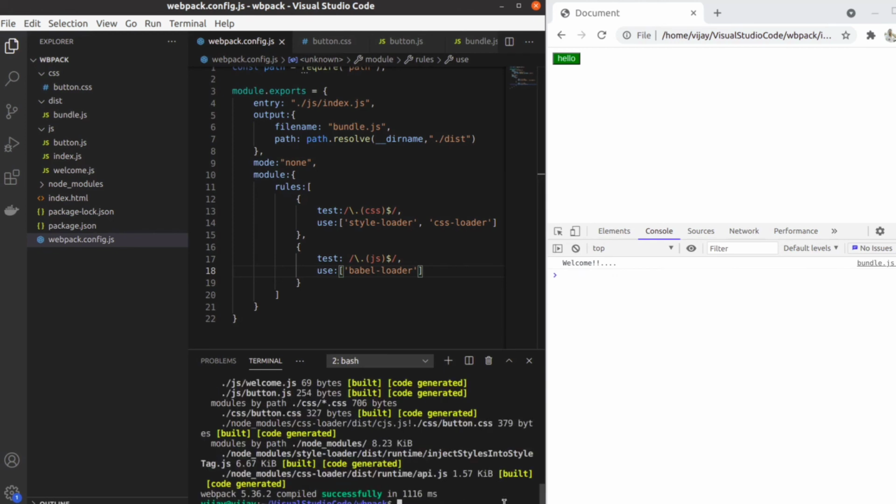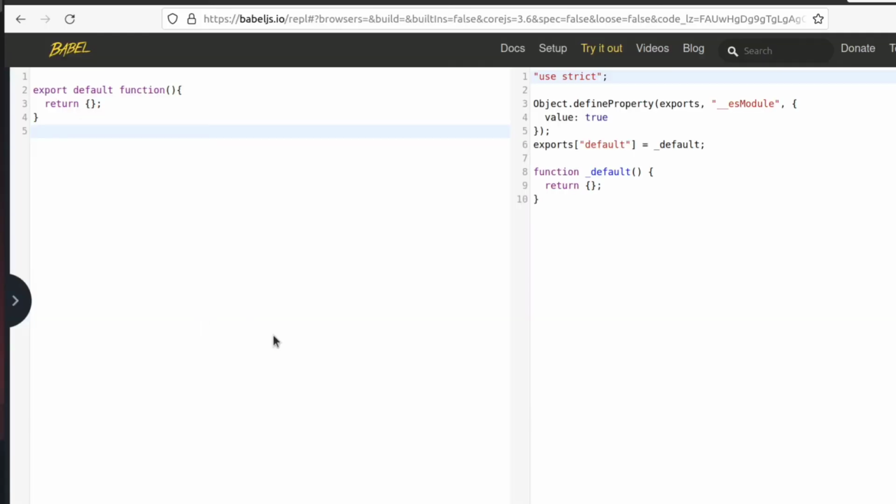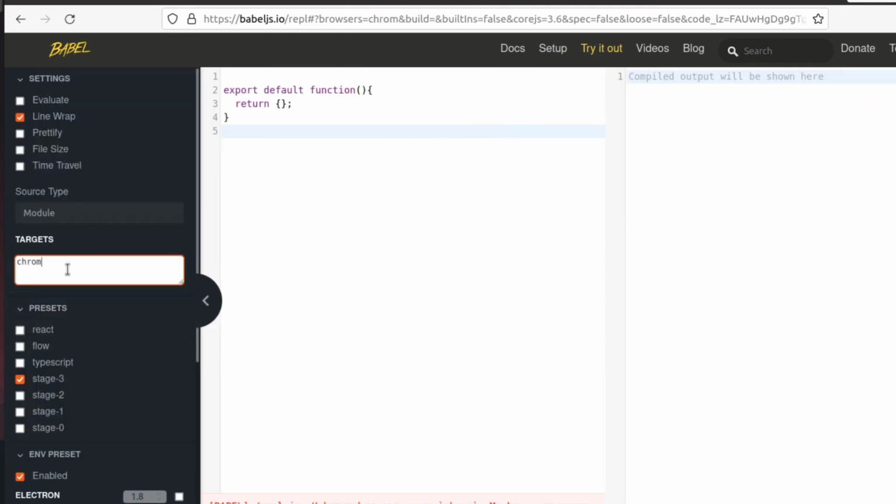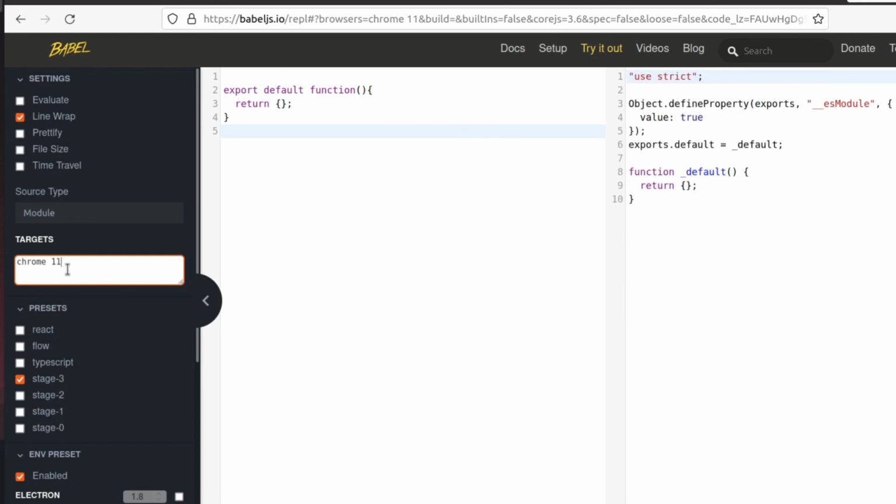Now if we build our application, we won't see a huge difference in the JavaScript, but we used Babel as the replacement for Webpack's builder. Babel is a transpiler that helps us convert our standard code to a browser supported version. So here we see an Internet Explorer 11 version of the code, and here if I input Chrome 11, we can see the same code for the Chrome browser. It's more like write once and run in any browser and any environment.